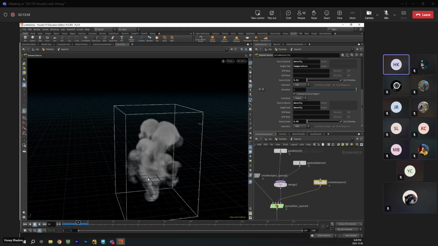You might want a simulation that takes 24 hours, right? So here's the issue. If you're simming something for 24 hours, you need to have a way of saving it, because every time that you want to use it, you can't simulate it again. Every time you want to go back to that simulation, or show it to other people, it needs to be saved somewhere. So what we do is we put a file node and we save it inside the hard drive. If you change something in your simulation, it needs to be cached again. So you need to rewind this, or you need to version it up and then recache it again. Does that make sense?